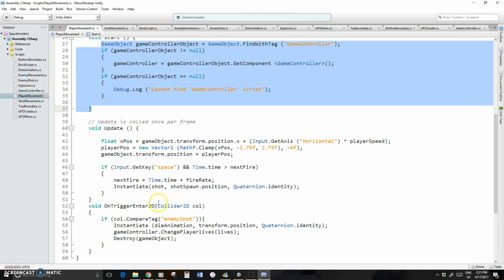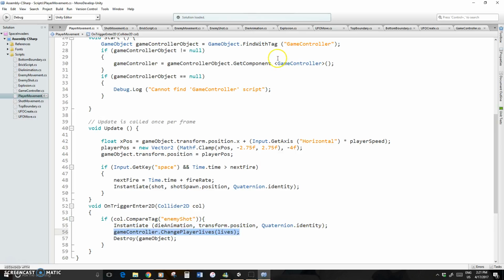Now notice here I'm not instantiating the player, and I'll explain why right now. If we put it here, we're going to get the die animation instantiated and the new player instantiated basically at the same time, and we don't want that. We want the new player to appear after the die animation. So once you've got that done here, and really it's just one line of script, we'll go look at